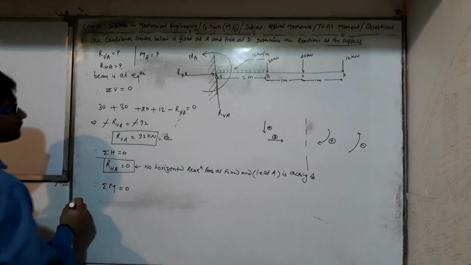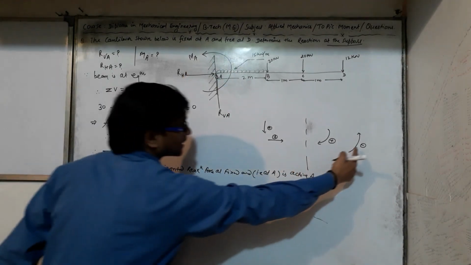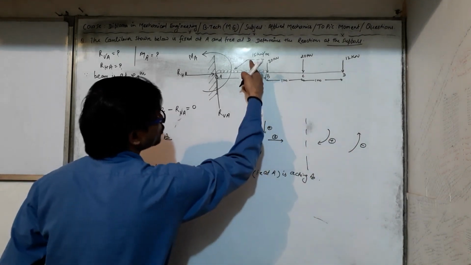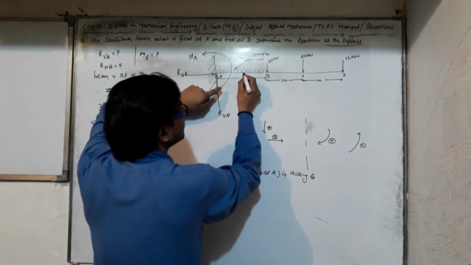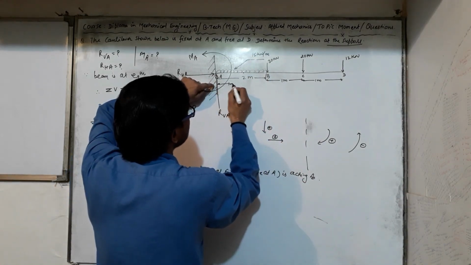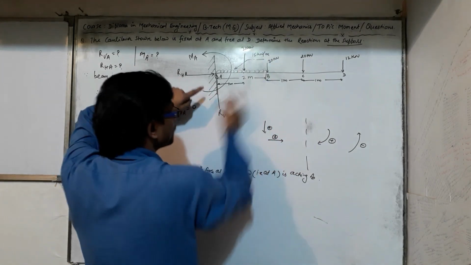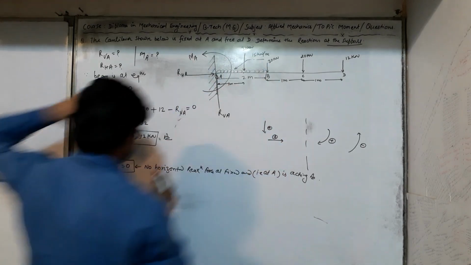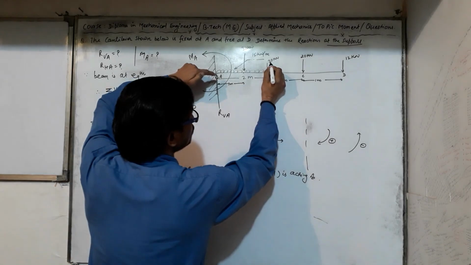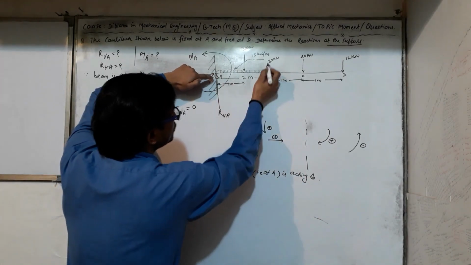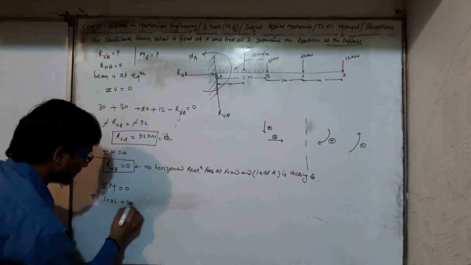We can have the moment at point A in the anti-clockwise direction, that is negative, and this produces clockwise moment. So the total force 15 into 2, that is 30 kilonewton, acting at the mid span at a distance of 1 meter, produces clockwise moment 30 multiplied by 1. Now this force of 30 kilonewton at a distance of 2 meter produces clockwise moment, taken as positive, so 30 multiplied by 2.